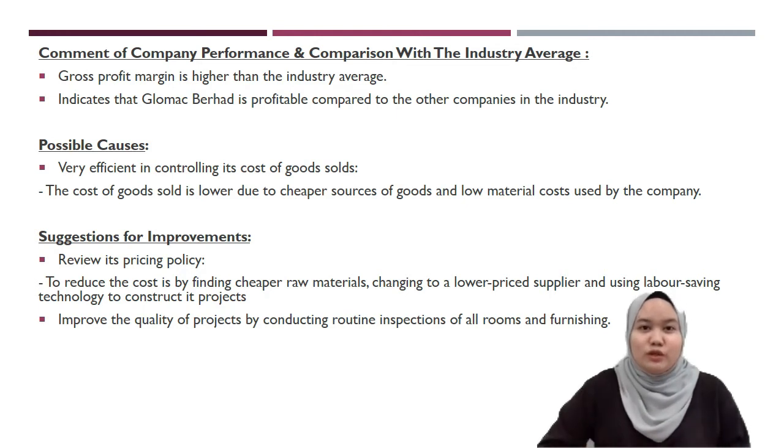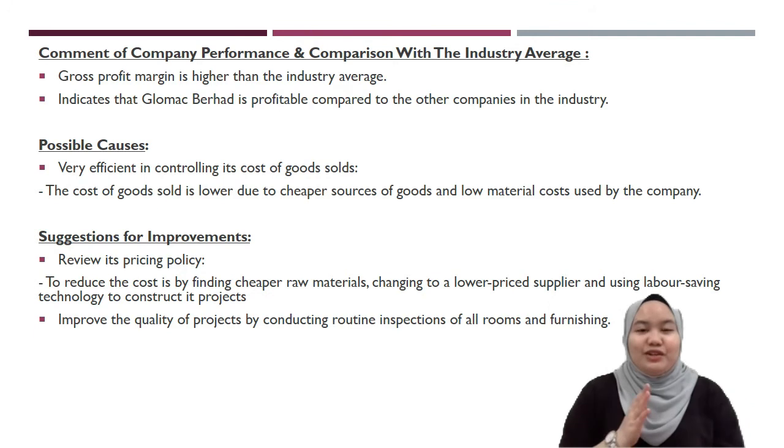Okay, so the higher gross profit margin indicates that the company has sufficient sales volume, maybe due to the higher quality offered for their products. So therefore, it shows how Glomac Berhad can achieve a higher gross profit margin. In order for Glomac Berhad to further maintain or improve its gross profit margin, the company has to review